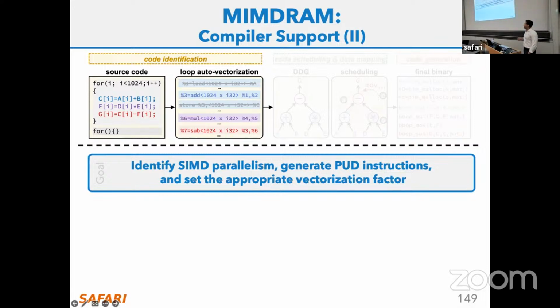So if this is 8K, for example, then you fully utilize the mat of the subarray. If it's 512, you're fully utilizing one mat. And since here it is 1024, I know that the size of the mat is 512, so I know that I need to allocate at least 2 DRAM mats for that computation.